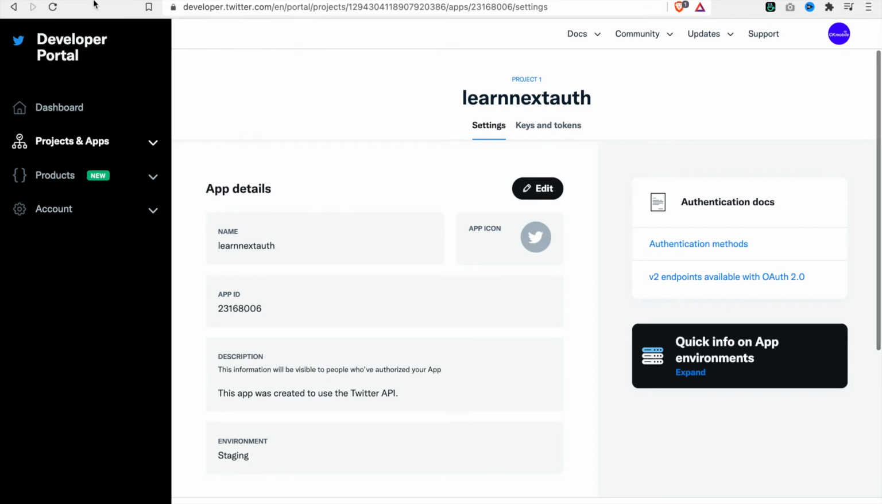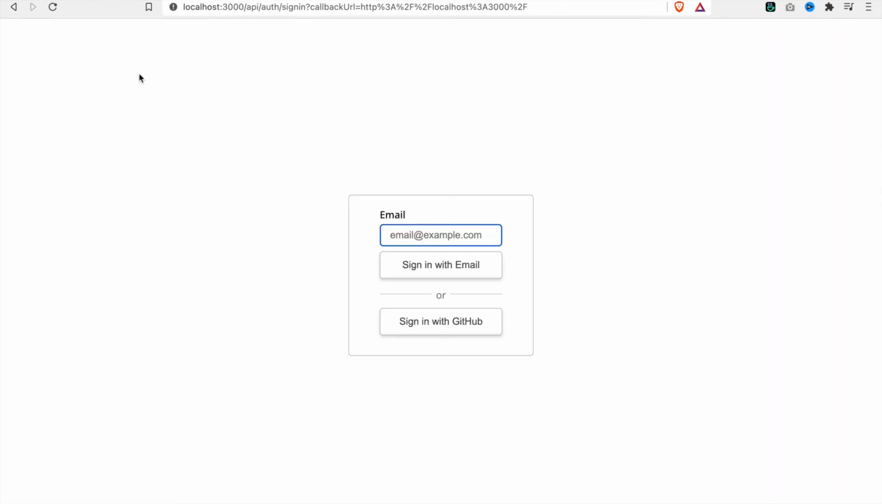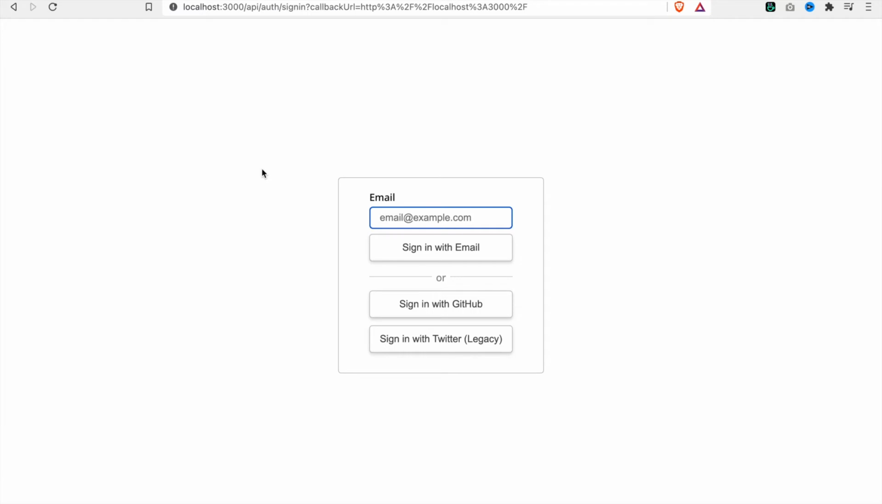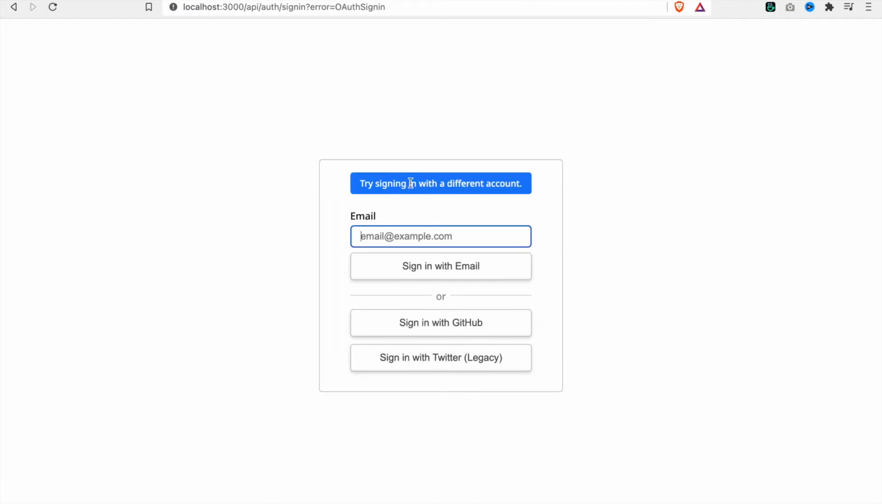So now we can try to log in with our Twitter account. So we click sign in. Now you can see it has the Twitter. Now try signing in with a different account because we used the same email to log in with GitHub before. So we have to go back to the